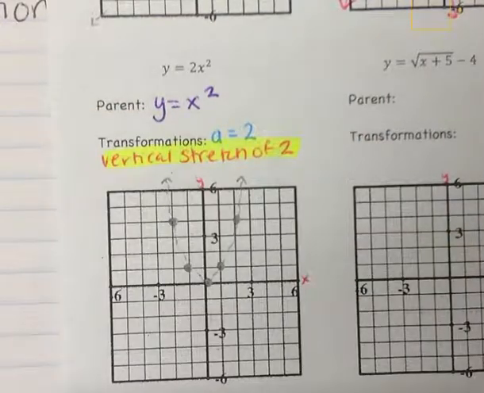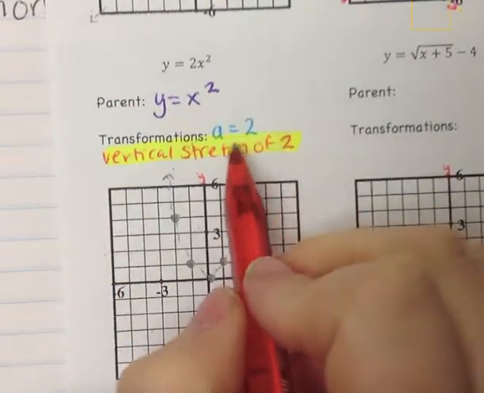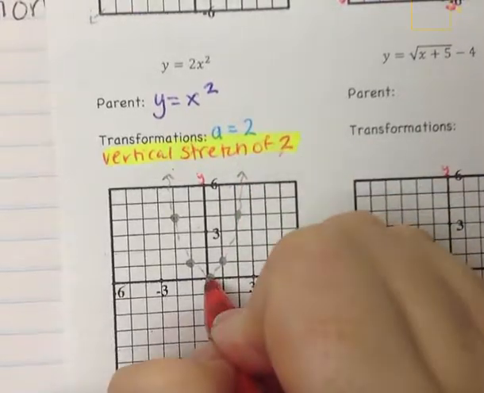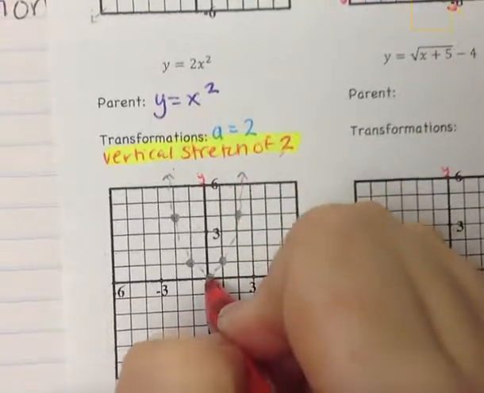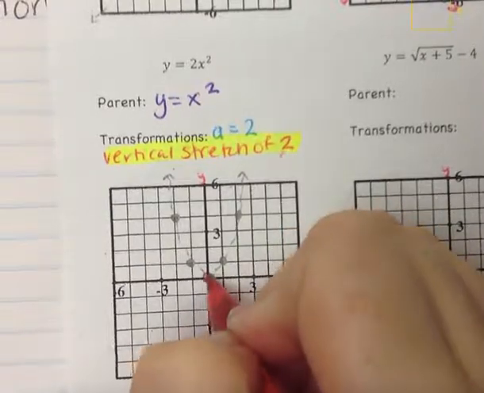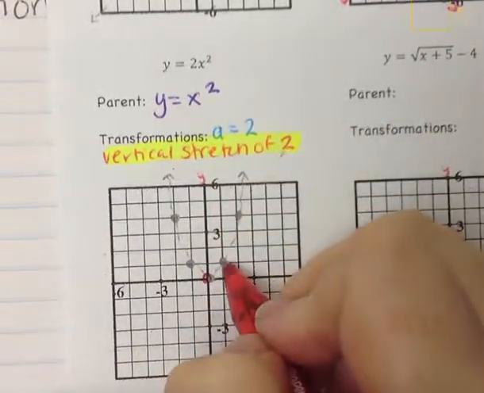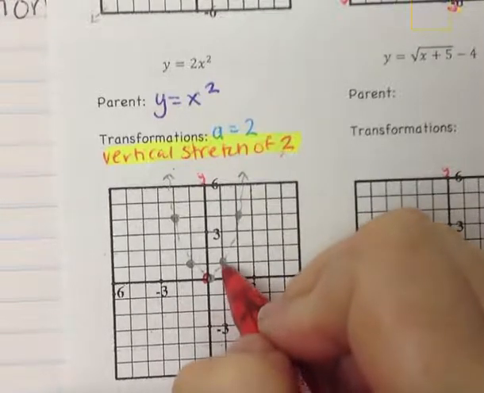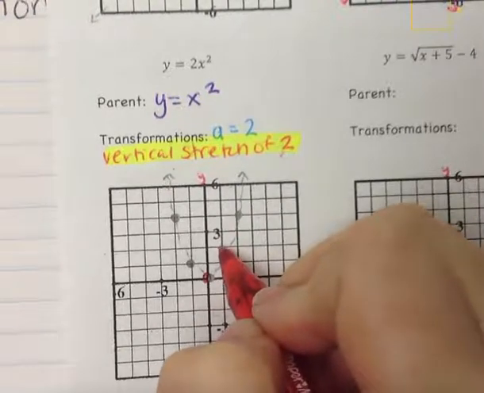So what we want to do is multiply the y coordinates by 2. So 0 for x, and then the y is 0 times 2 is still 0. So 0, 0 is still our coordinate here. Then this is 1, 1. So the x value of 1 stays the same, but the y value of 1 multiplied by 2 becomes 2. This is my new coordinate